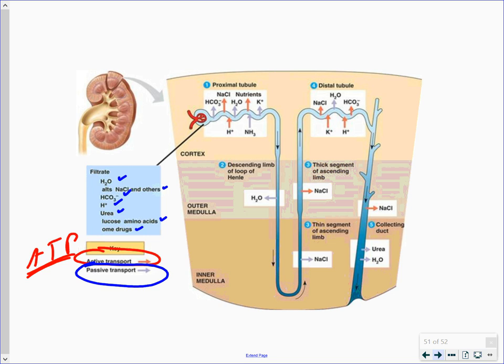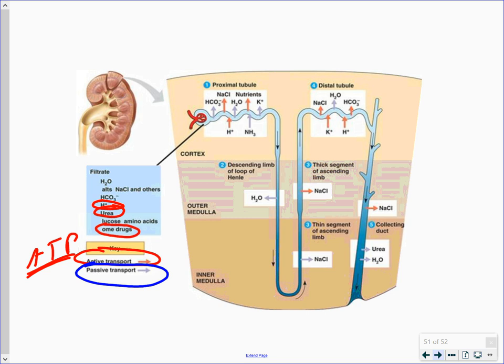But if we take a look at this list of things that pass through Bowman's capsule, there are some that we will definitely want to get rid of. This one here is the nitrogenous waste. We want to get rid of that. Hydrogen ions, if they accumulate, would lower the pH of the blood, making it more acidic. You want to get rid of that. Drugs, you probably want to get rid of some of those as well if the concentration is too high,